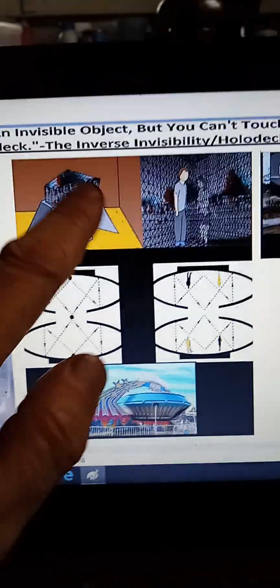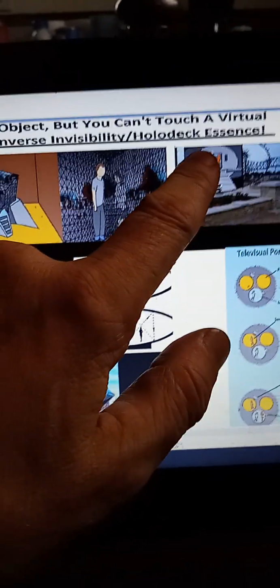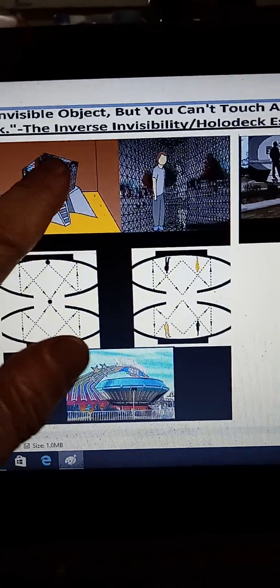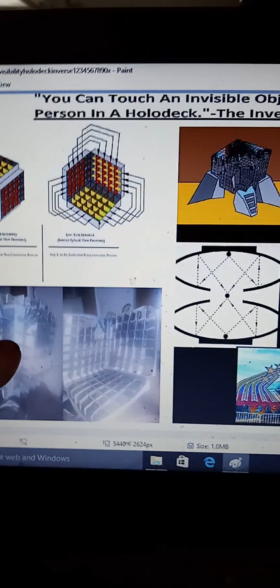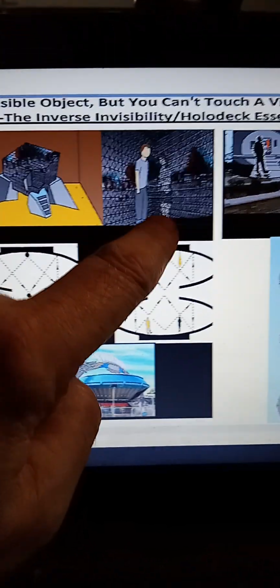So that's the essence of the inversion between invisibility and holodecks: you can touch the invisible, but you can't touch the virtual.